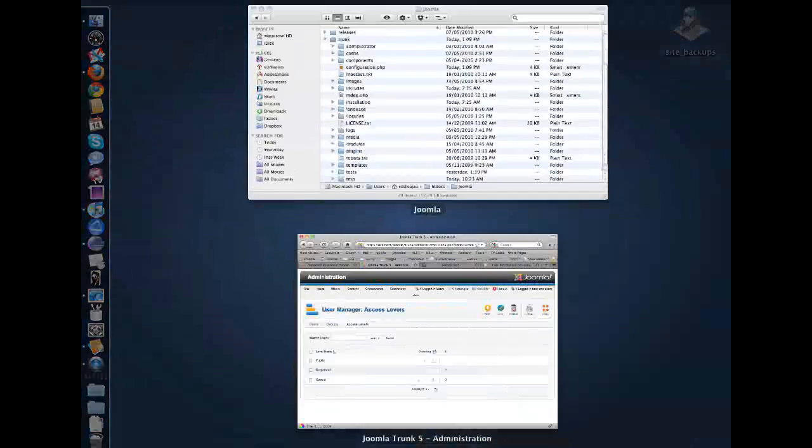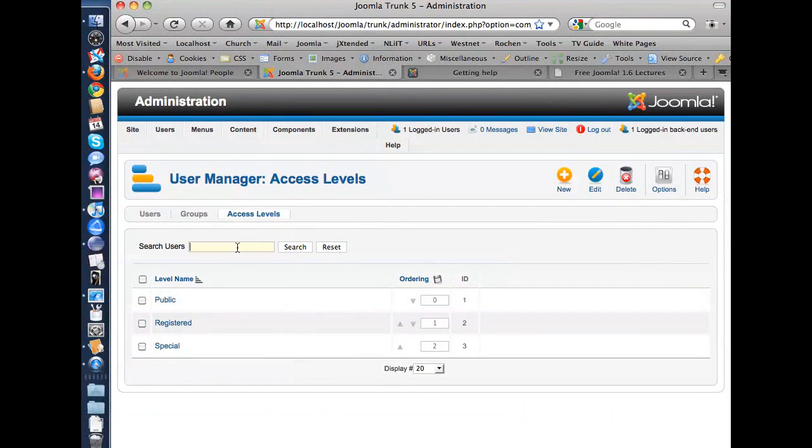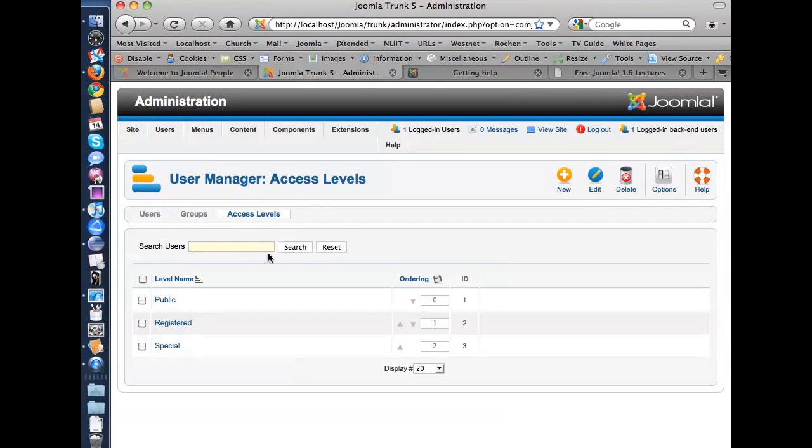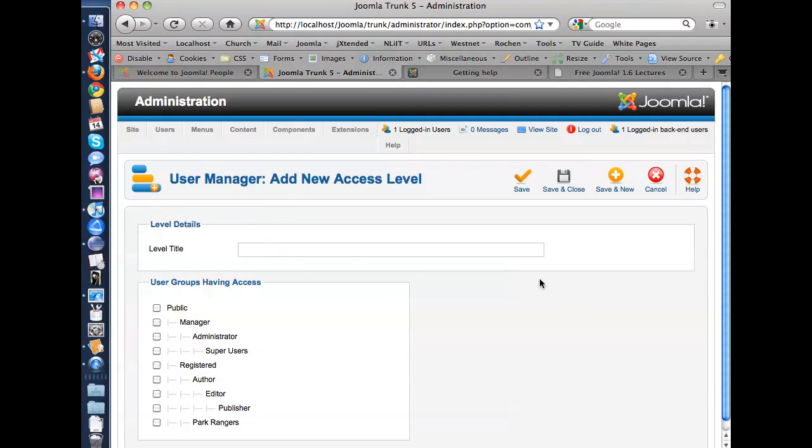The third part to the access control system is the ability now to add custom access levels. So an item of content in 1.5 could be put in public, registered and special, and it was very difficult to extend that in a meaningful way because there was a special meaning attached to special and very difficult to get around. However, in 1.6 we can create a new access level